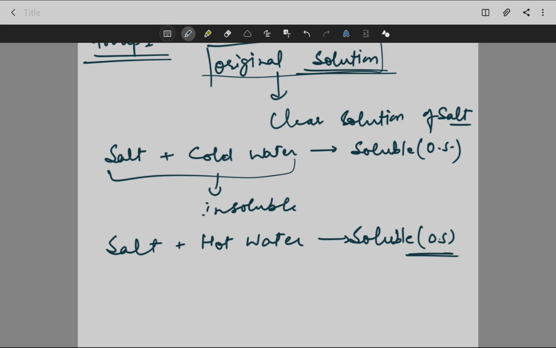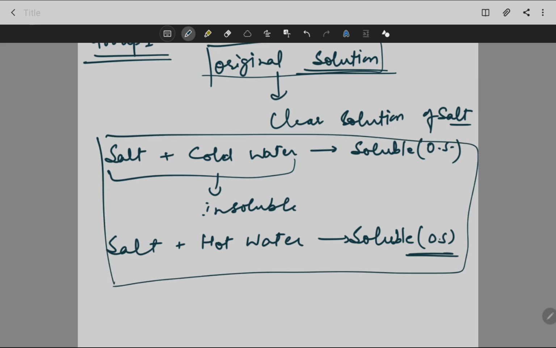But anyhow, in your syllabus you have only water soluble salts, so we will focus only on these two. You should understand original solution is nothing different for you. It is just the aqueous solution, but the term is substituted. Why? Because it is not always the aqueous solution. It may be the salt and HCl also.